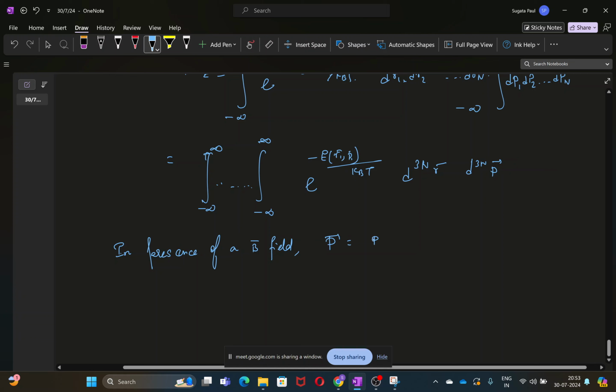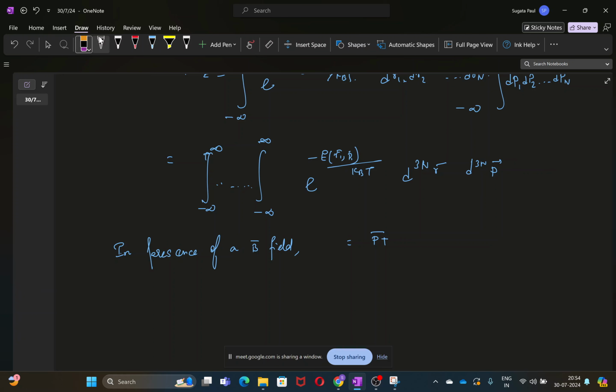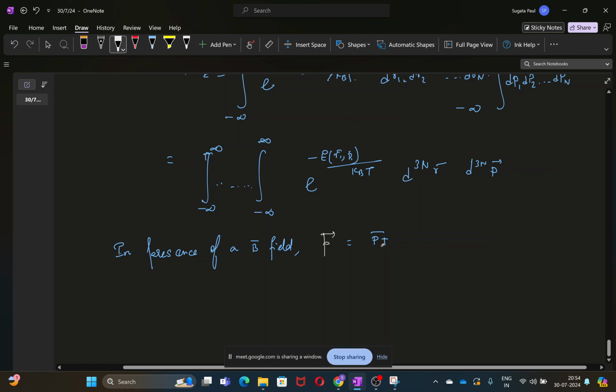The momentum value changes to p, the changed momentum value, equal to capital P plus Q times A, where A is a vector potential, and P is the mechanical momentum value,